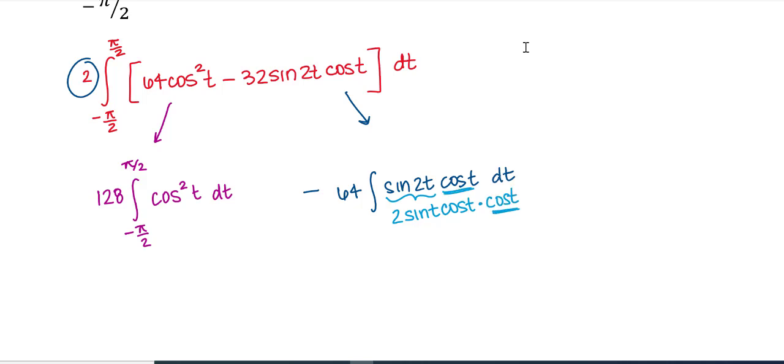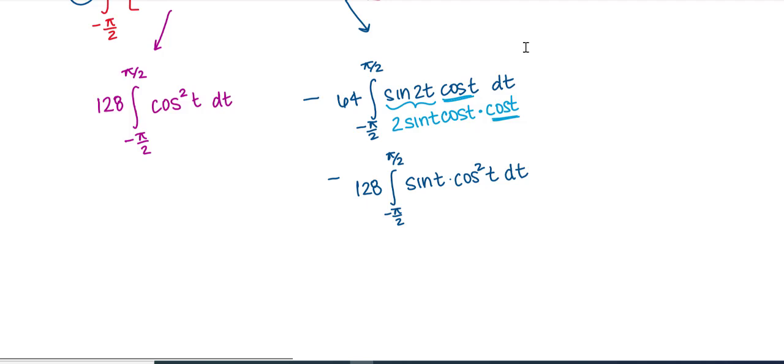So the rewrite of that second integral would look something like 64 times 2 is 128, and I have sine t cosine squared t dt. And my bounds have stayed the same, negative pi over 2 to pi over 2. Okay, so if I do my rewrite on the first one, we said that that rewrites to 1/2 times 1 plus cosine of 2t.